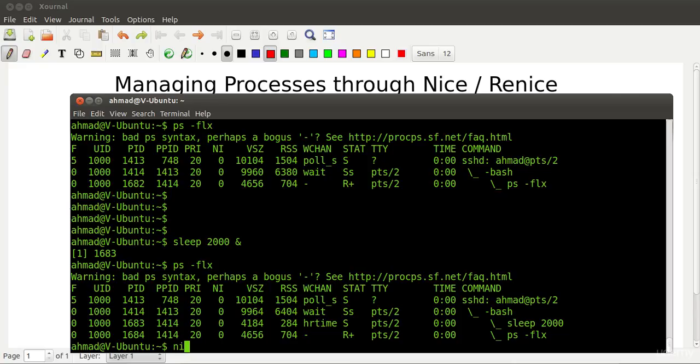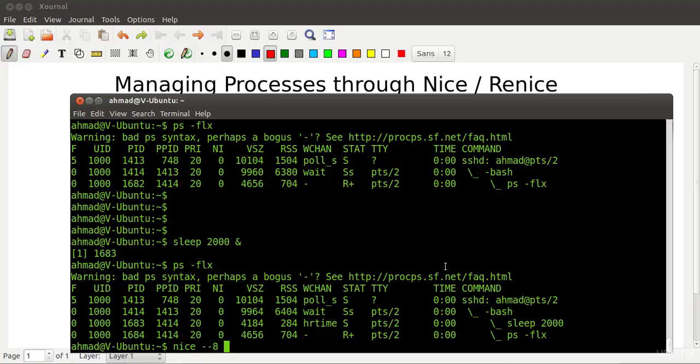So I give in the command nice, and then the syntax to put in the values is minus is the hyphen, and then minus is the negative value if I want to give a negative value. So the first minus is like a switch, start of the switch, and this minus is that I want to assign a minus value. So let's say I want to assign it -8 nice value, and then I need to